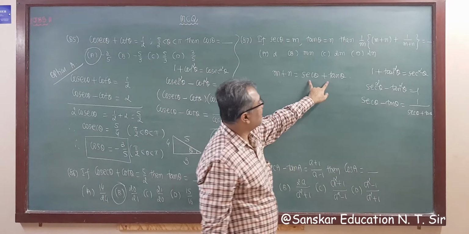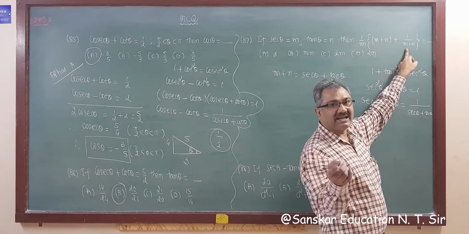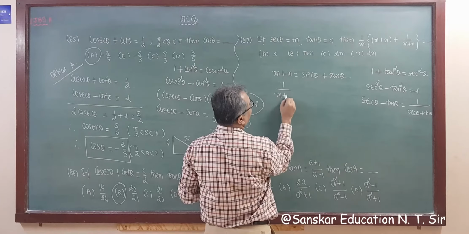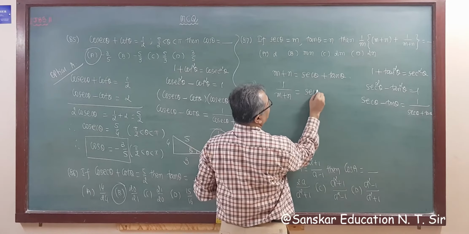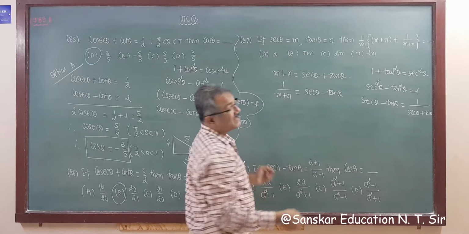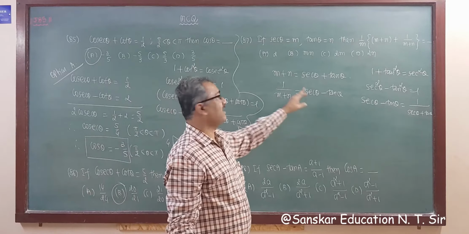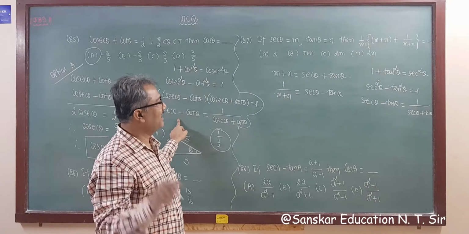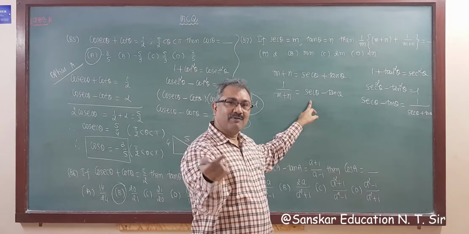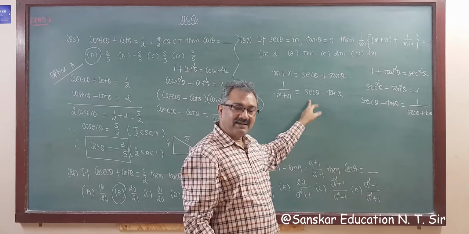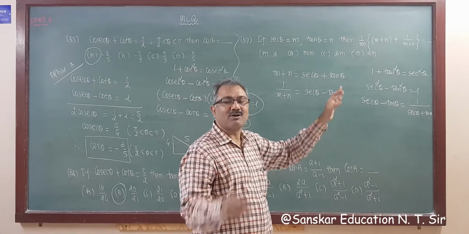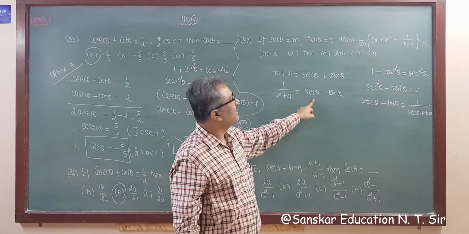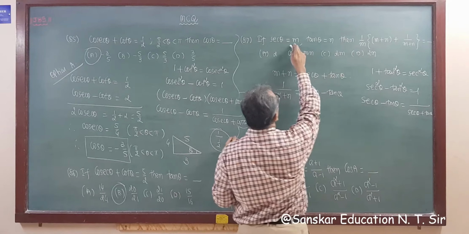So it is given sec theta plus tan theta, and 1 upon m plus n is sec theta minus tan theta, right? If I take the reciprocal of this, that is sec theta minus tan theta. Now in this formula, remember one thing: sec and cosec come first. If you change the sign, then there is a problem. 1 upon cos, 1 upon sine come first, then sine upon cos, cos upon sine come next, right? So what is your answer? m is sec theta.